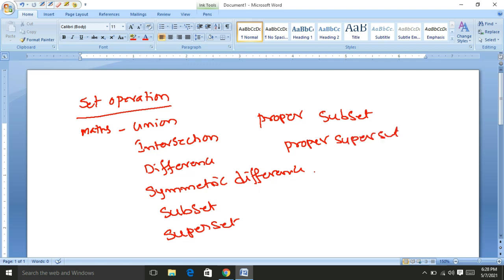The same operations can be performed easily in Python also.